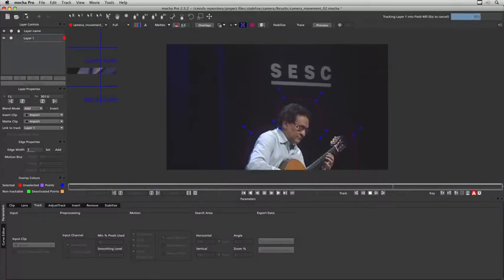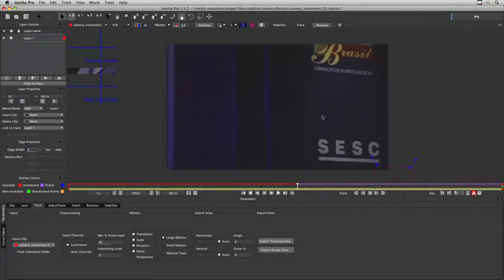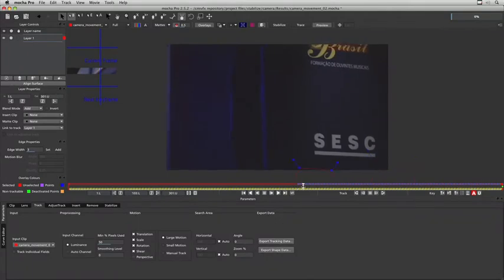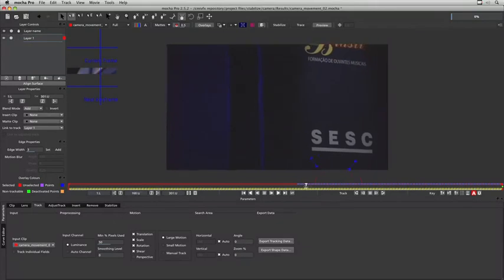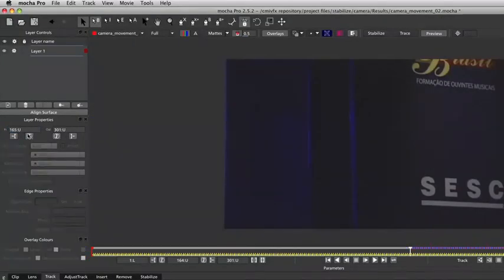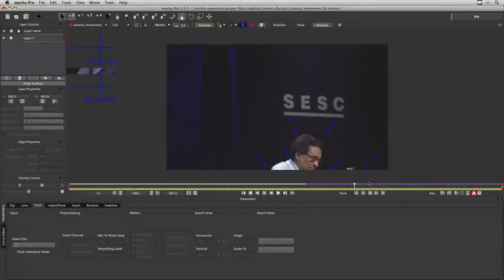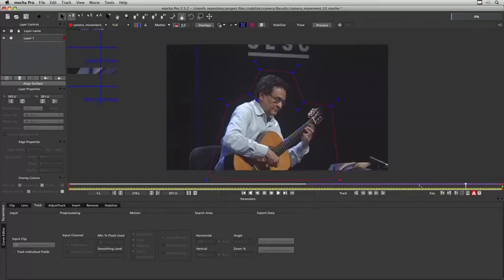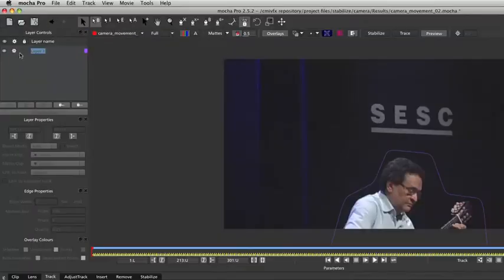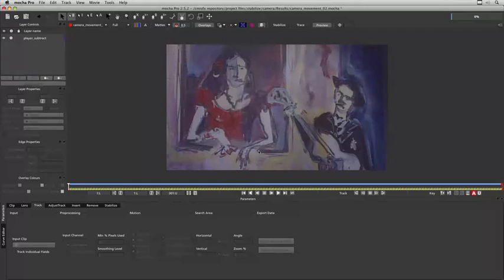so I will just keep tracking until it leaves the frame. I will do a small fast forward magic, and now that the man has left the frame, I will just kill my tracking layer before it starts moving too crazy. And I will set the in point for this layer using the current frame value, and it's finished. I will just give this layer a nice name, player subtract,